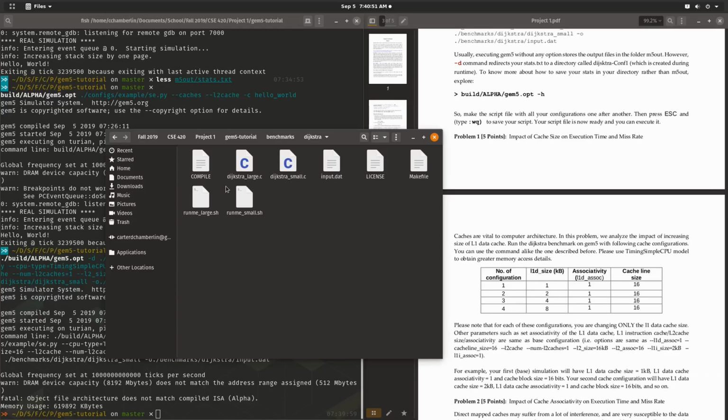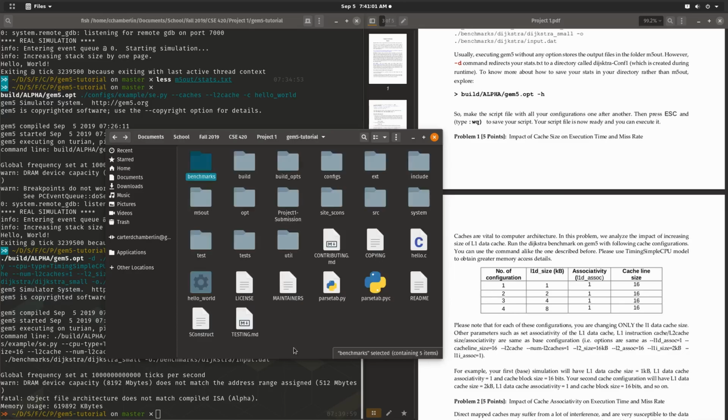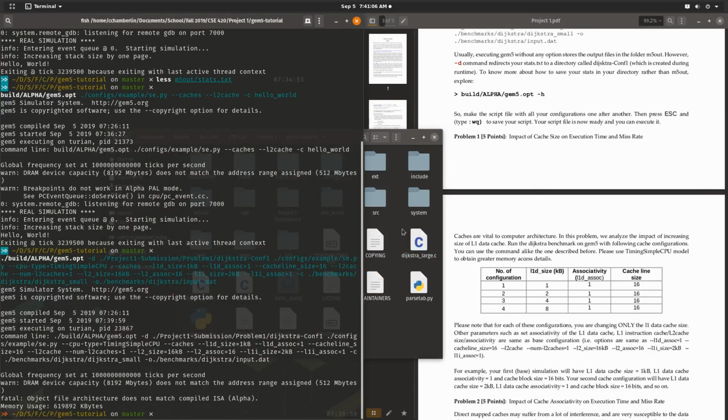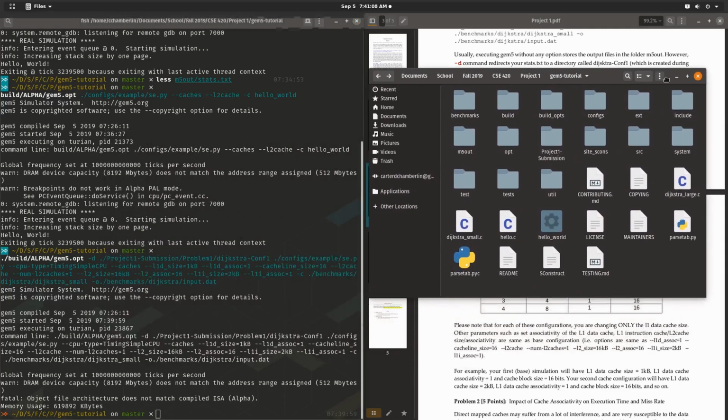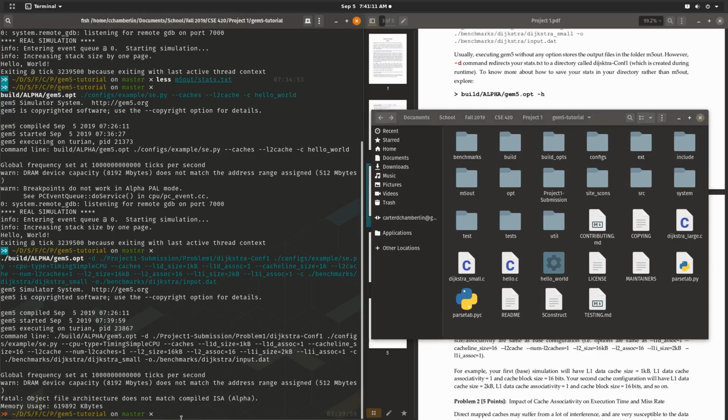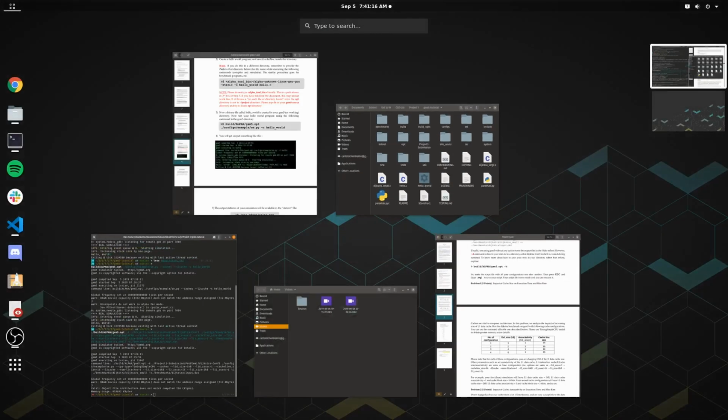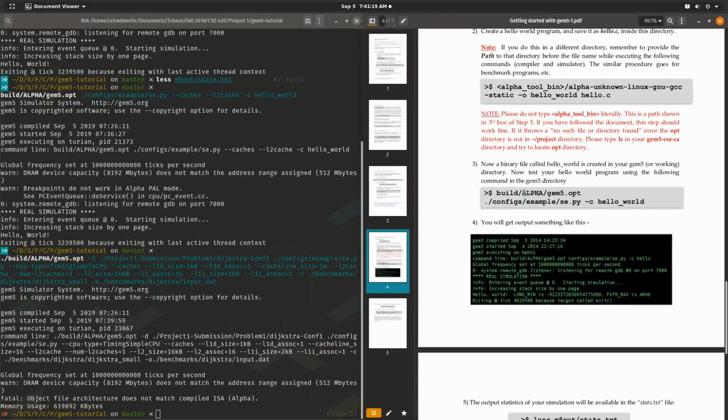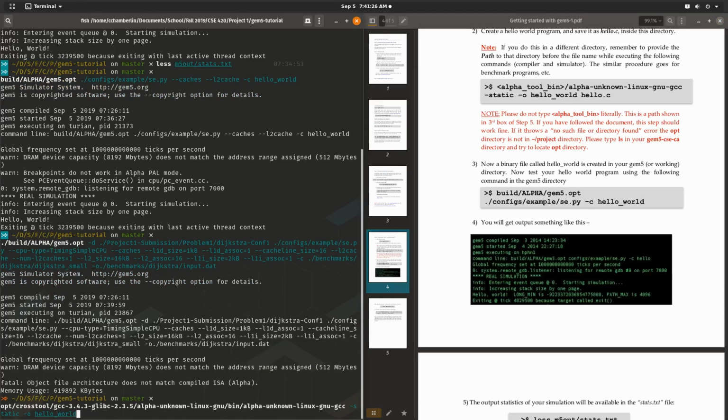Now earlier we wrote a hello world.c and then compiled that for the alpha processor. So that's going to be the exact same as this. To make life a little bit easier, I'm just going to paste these into my home directory with the original hello world.c. And then I will recompile them exactly as I compiled the earlier example, just switching out the file names. So let's see, what was it? Alpha tool bin, right, okay. So it's going to be opt cross tool, and then we're going to do